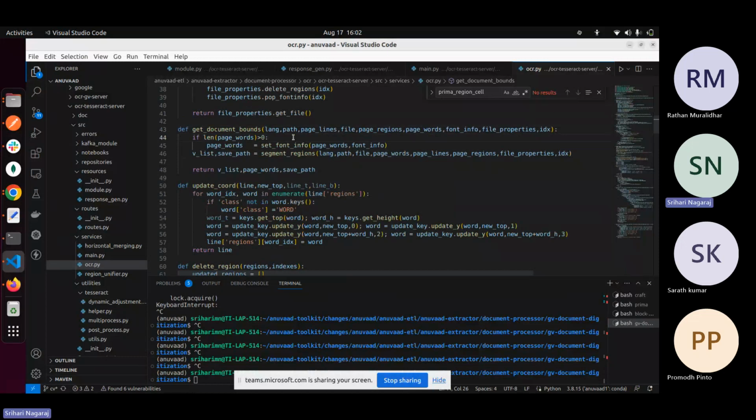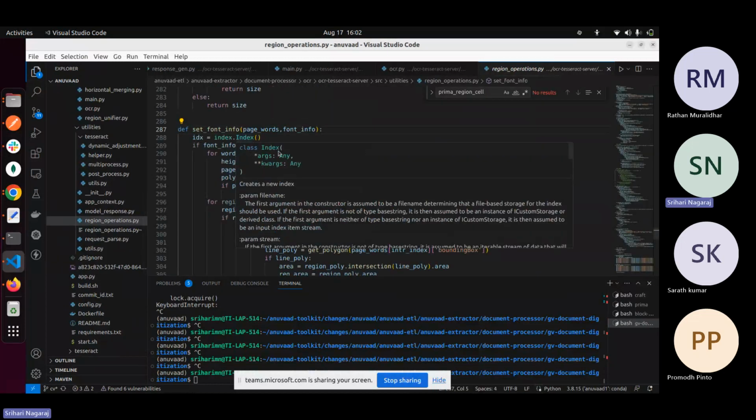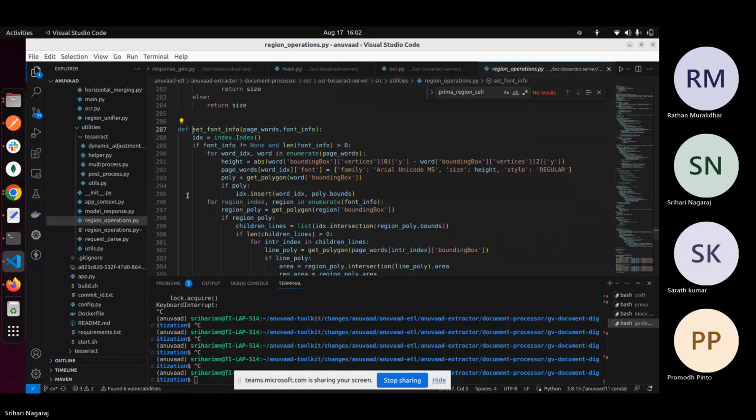First, we'll check for the length of words. Before that, if the page words count is more than 0, then we set the font property for that particular word of data, which we got from the block segmenter process. You can get the page words via the block segmenter, such as how many words there are. Then after setting the font property,